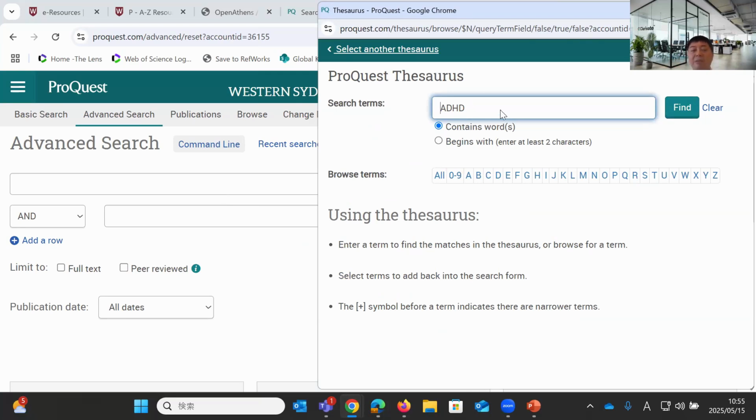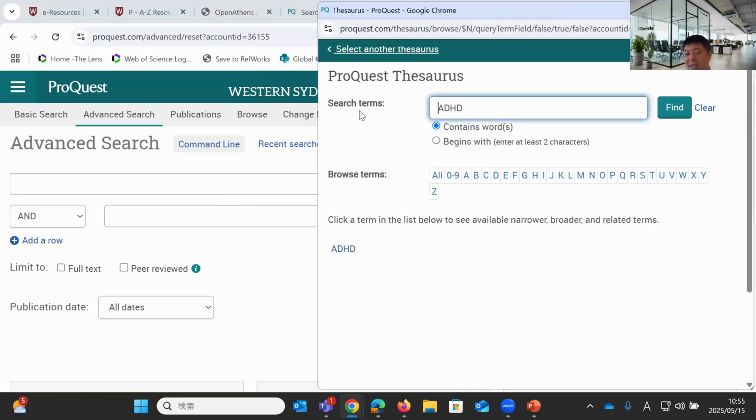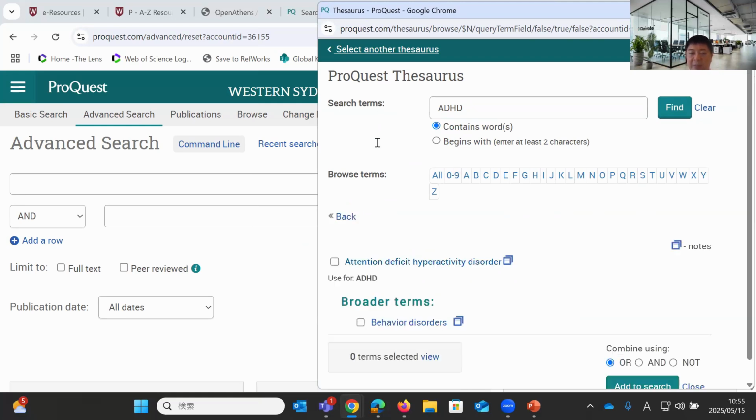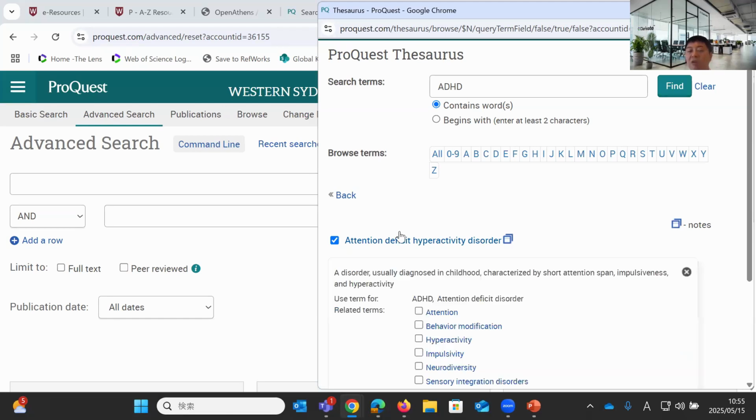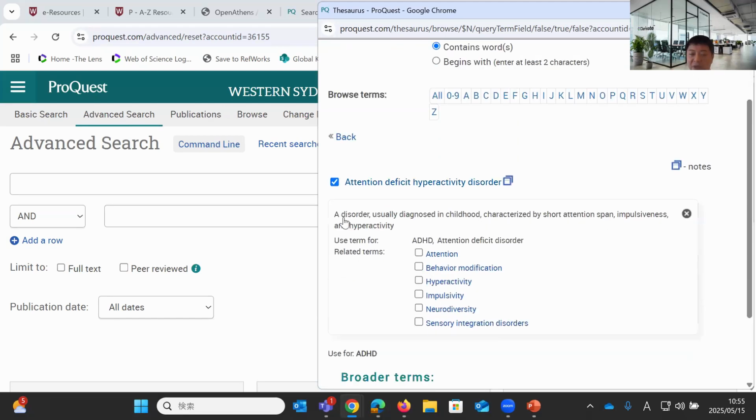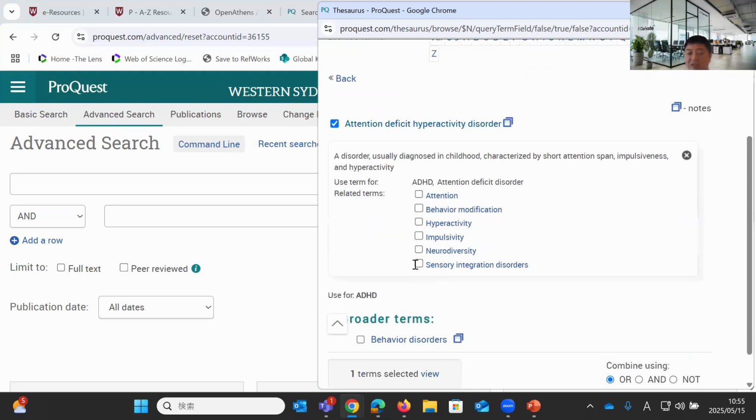And then, I just opened the ProQuest Thesaurus and searched ADHD. I'm conscious of time. Again, it's not the term we use within our ProQuest Thesaurus. You see, attention deficit hyperactivity disorder. This is the one we use. If you click this folder icon, it shows the definition, and it also shows the related terms.